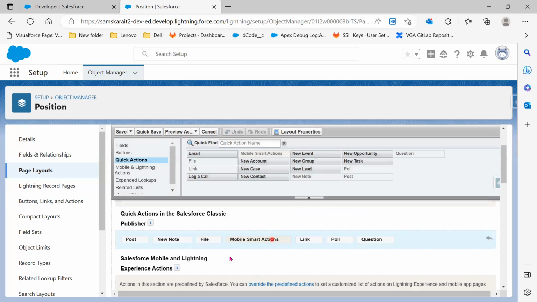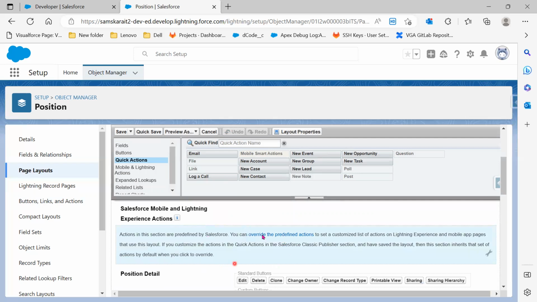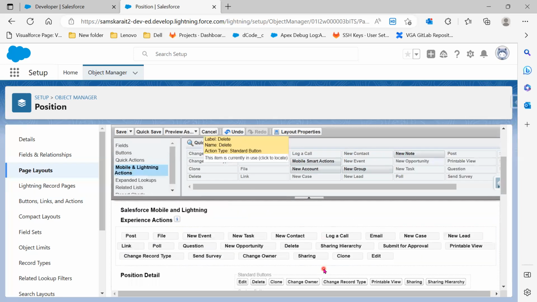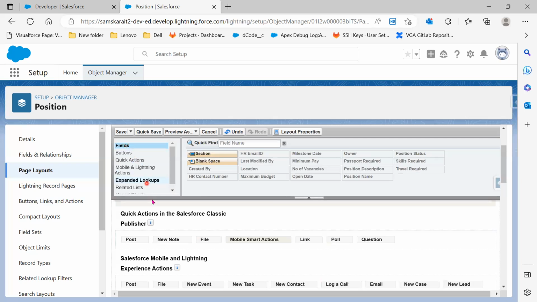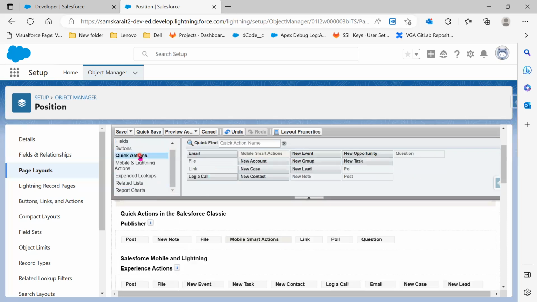Similarly, for the Salesforce Mobile Lightning Experience actions, initially you see this message, and if you click on override, you can see all the buttons here. You can remove these buttons. These are the default buttons which are shown here. Any other questions